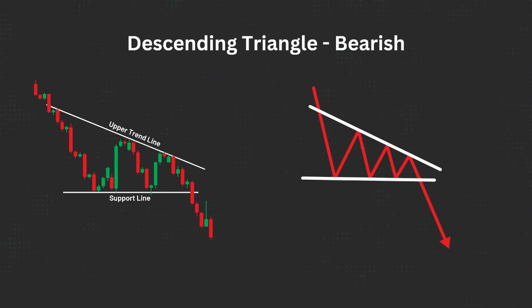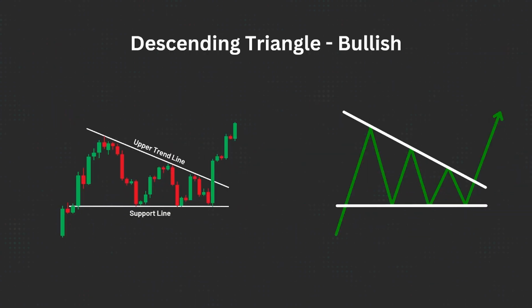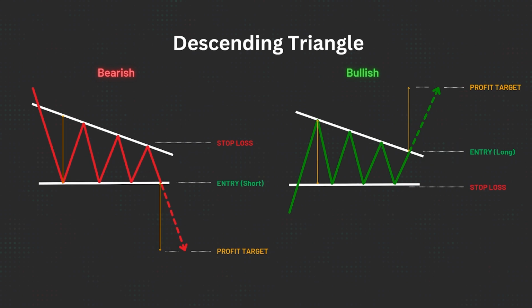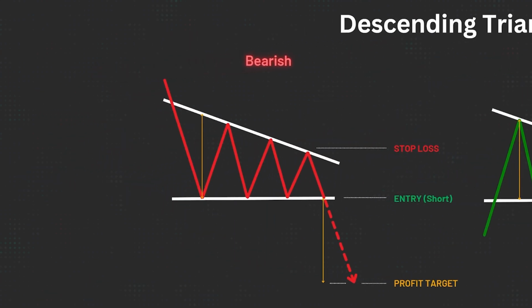It consists of a flat support line at the bottom and a descending trend line at the top, showing that sellers are slowly gaining control. However, in a bullish scenario, you may also see this pattern forming during an uptrend. For the trade structure, starting with the bearish scenario, the optimal trade is going short when the price breaks and